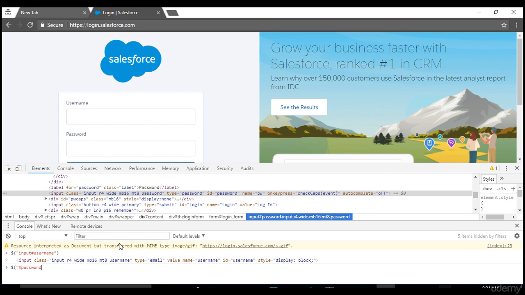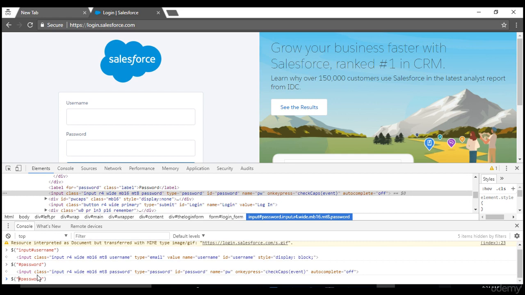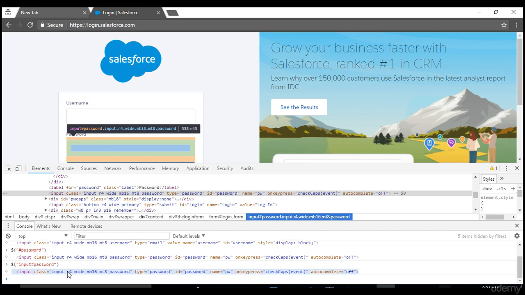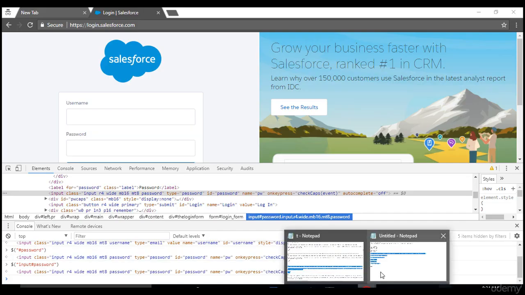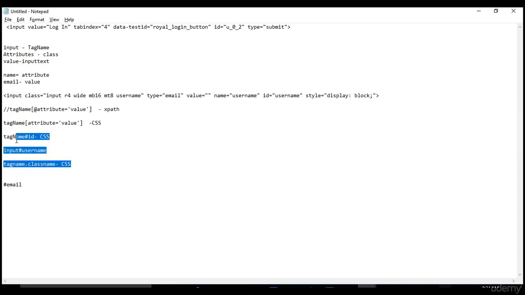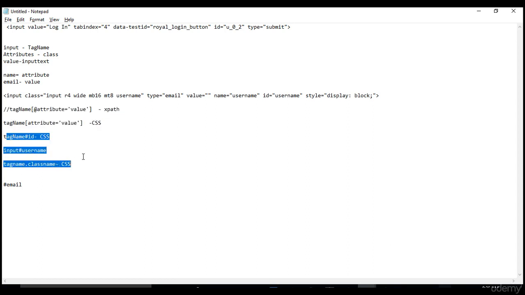Let's write it in double quotes. You see that it's highlighted. It will also work if you provide the input tag name, so this is optional. See, it worked again. Got it? Please remember these two syntaxes as well to make it very simple. These two are standard, commonly used, and these are the flexible ones given for CSS.